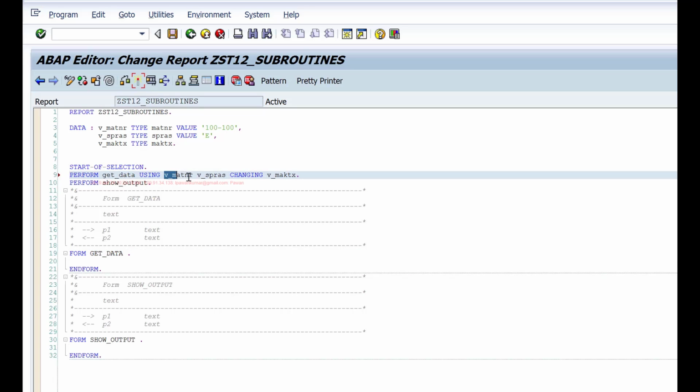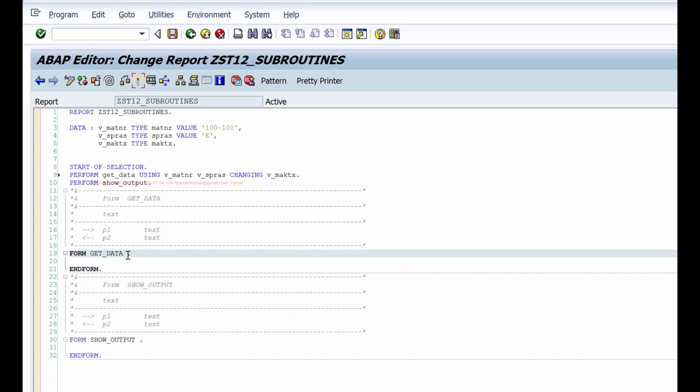So these vMATNR, vSPRAS are actual parameters, and whatever parameters I list here at the form level are called formal parameters. The syntax is, again, USING, let's say p_v_matnr, p_v_spras, and then CHANGING p_v_maktx.